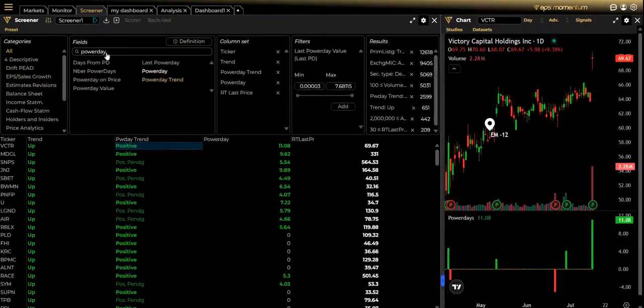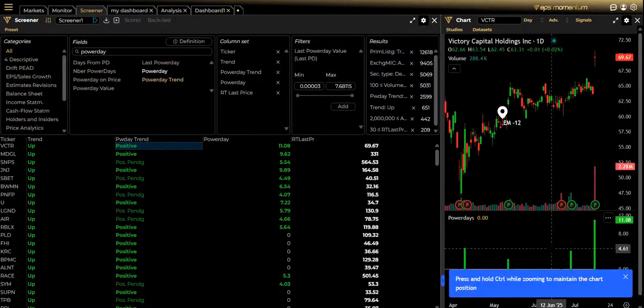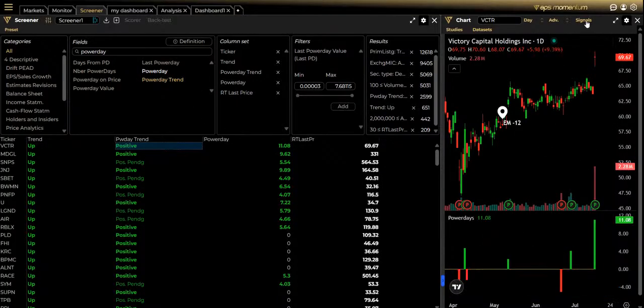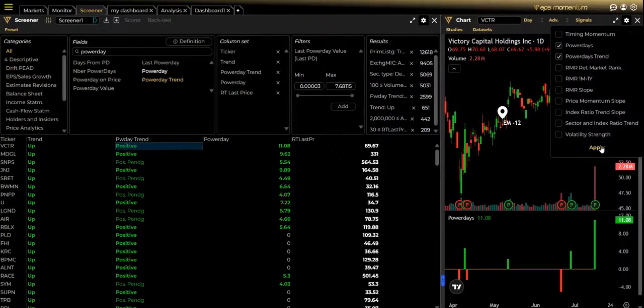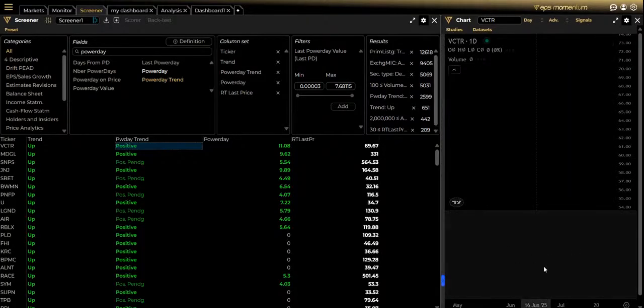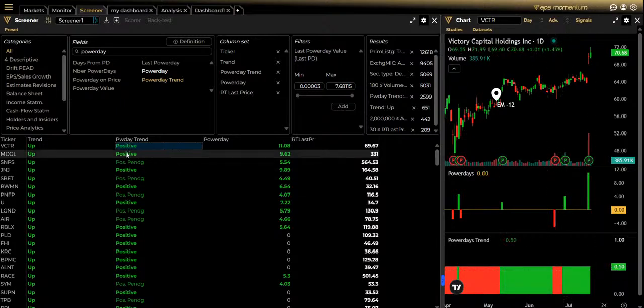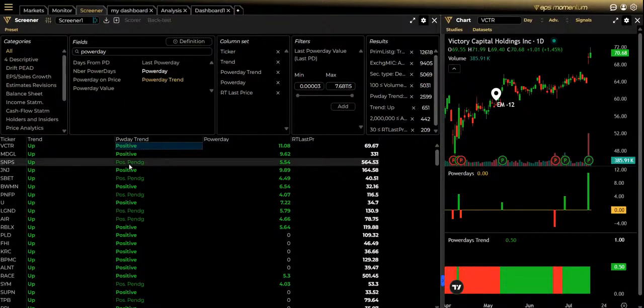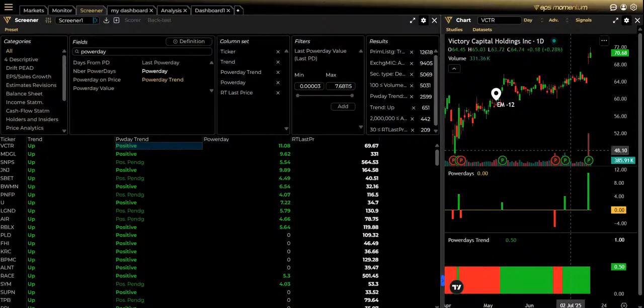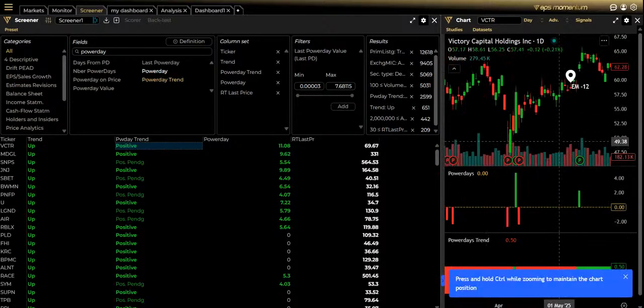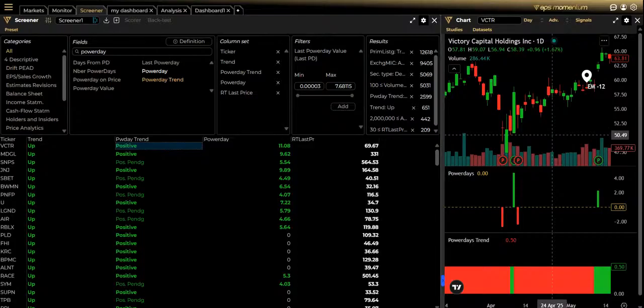Now in the screener, if you type the Power Day fields, you have a few selections of filters or fields that you can pick from. First, the Power Day, which is the value you have on the chart and in a column here. And second, the Power Day trend, so whether it's positive or not. Adding it to the chart here, you can go into signal, Power Day trend, and then you have it here in green and red at the bottom. Positive and positive pending. Positive pending is really the